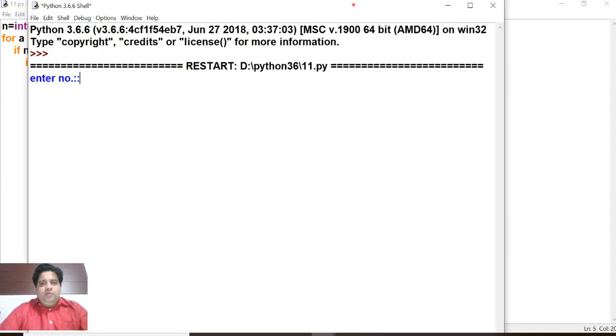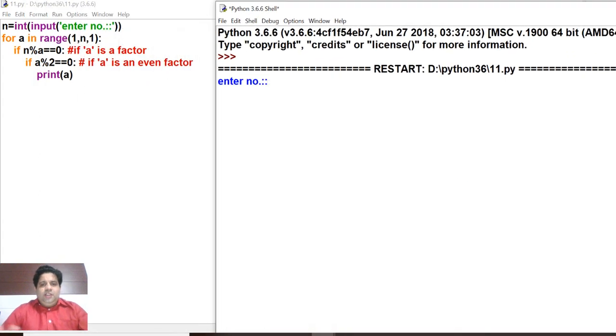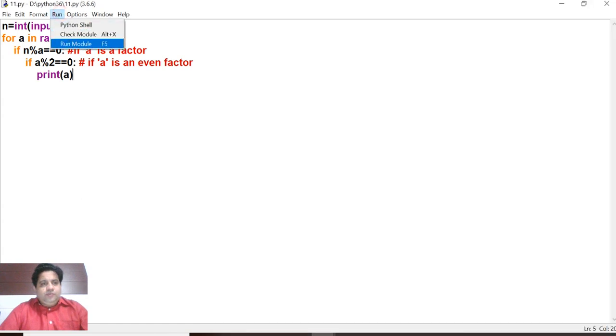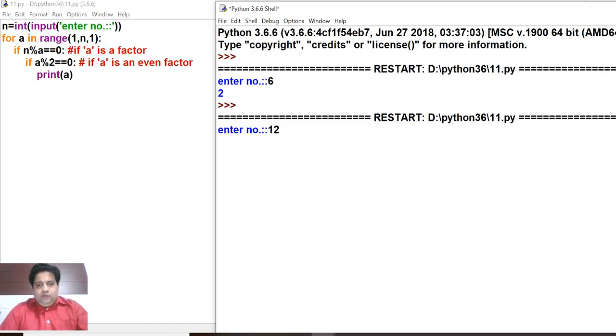See, now run the program. Enter number 6. Now the factors of this number are 1, 2, 3. You are not including that number, so only 2 is even. Again run the program. Now 12. See, 2, 4, 6. Now again run the program.